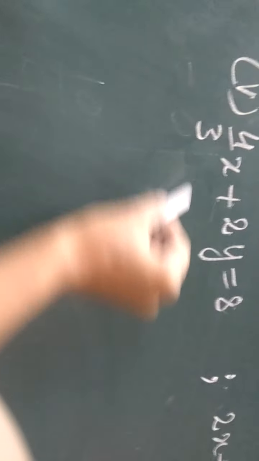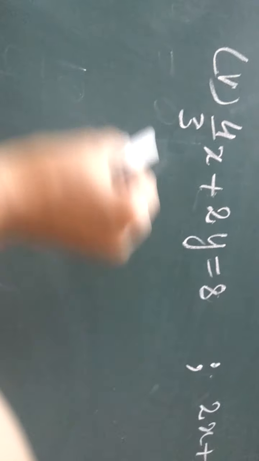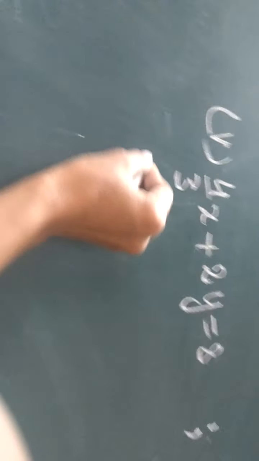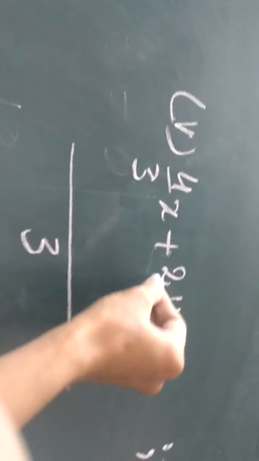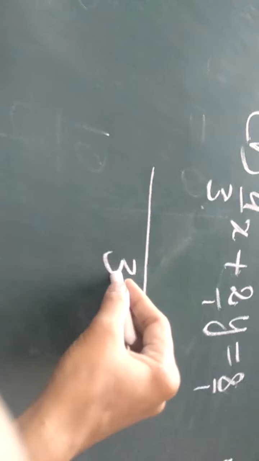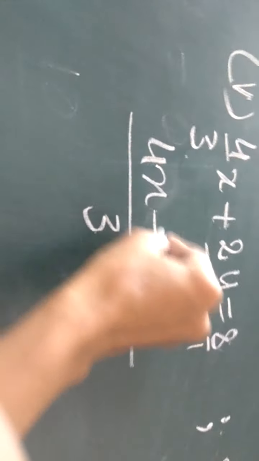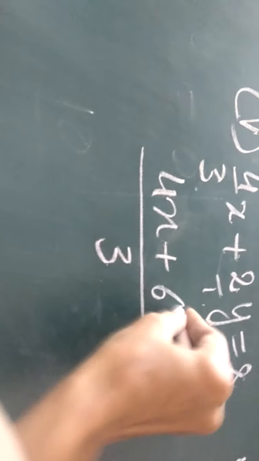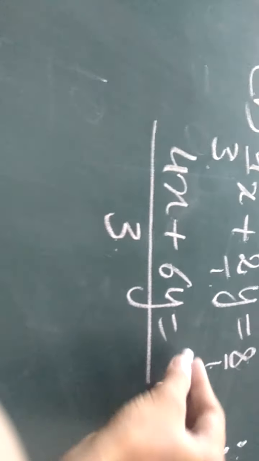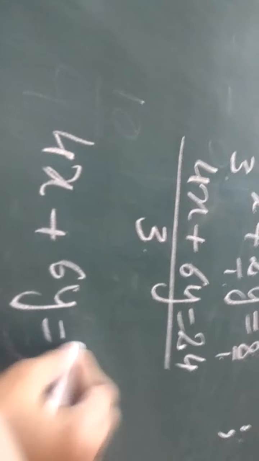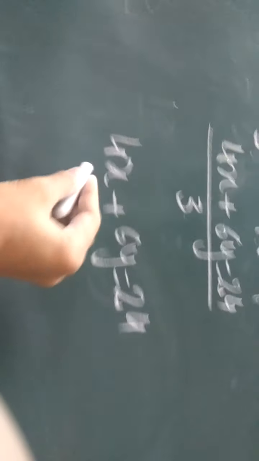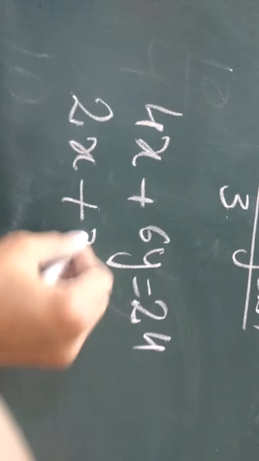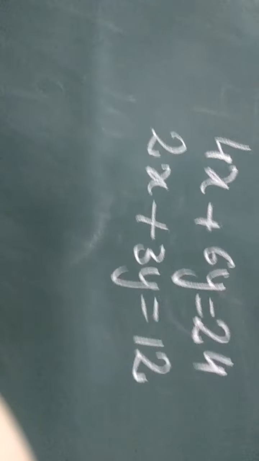Now the fifth part. Again, a fraction is there. Let us remove it by taking the LCM with the whole equation with the equal to also. The LCM will be 3. Let us write down 1 under this. 3 1s are 3, 1 4 is 4x. 3 2s are 6y. 3 8s are 24. So the new equation we will get is this. And the second equation is already in the proper form with whole numbers. Let us write it as it is under this. Is equal to 12.